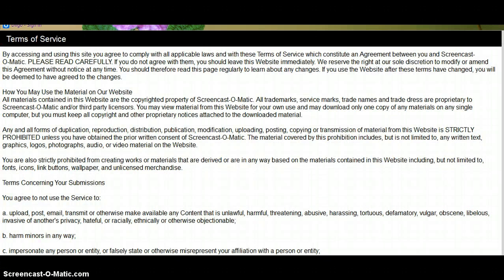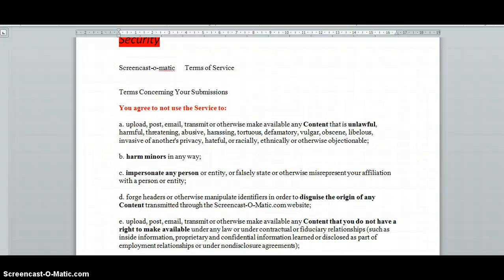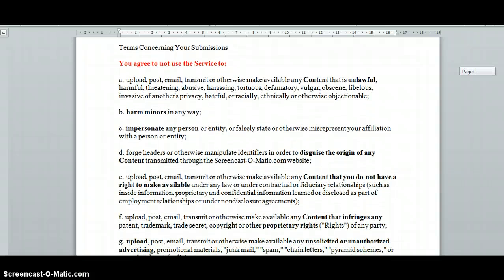Next, let's look at quality of service. One criterion is security. You find lots of information on the page terms of service, and I'm going to show you the ones I consider are related to security issues. Terms of service is a document that is a contract between the user of the service and Screencast-O-Matic, and every user needs to agree to this before starting to use the service. So whenever someone uses screencasts with Screencast-O-Matic,